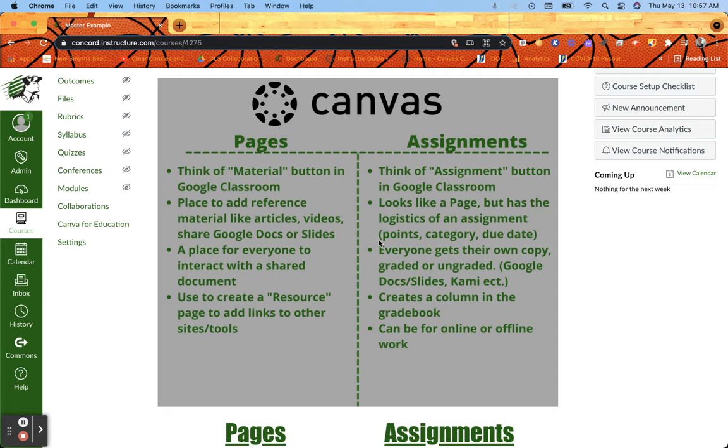The next bullet point there, like I said, everyone gets their own copy depending on what kind of submission type you're using. If you're using Google Docs and Slides or Kami, there's a lot of different assignment submission types in Canvas, which we'll talk about in another video, but you're not just restricted to those. In fact, you'll have pretty much all the same submission types that you have in Google Classroom, like the Google Docs stuff and the Kami and the Edpuzzle. Plus, Canvas has its own built-in, like you can have them read an article and just answer a quick question, and they just get a text box that they can do it in, or they can record a